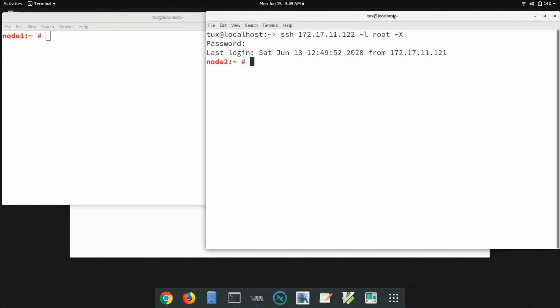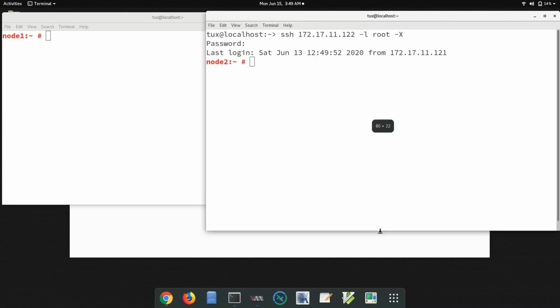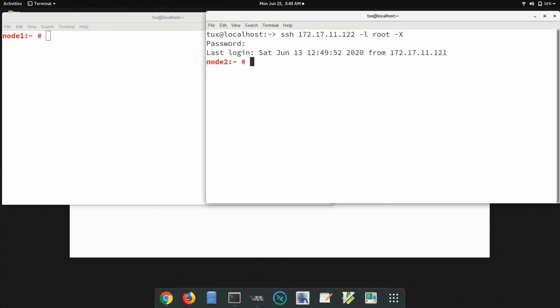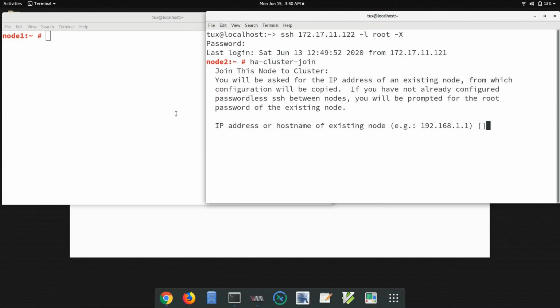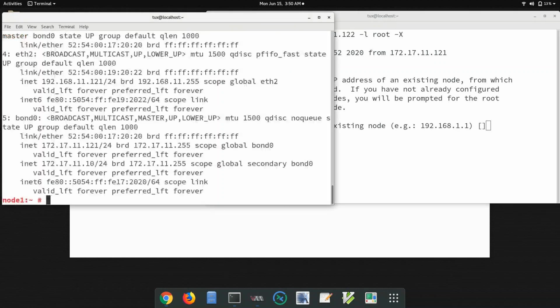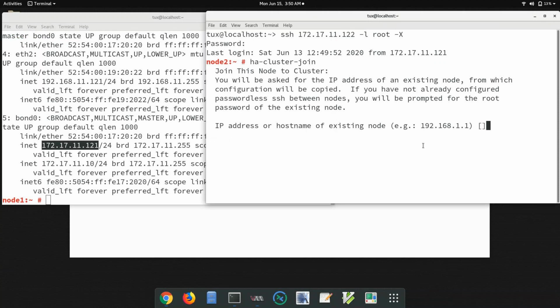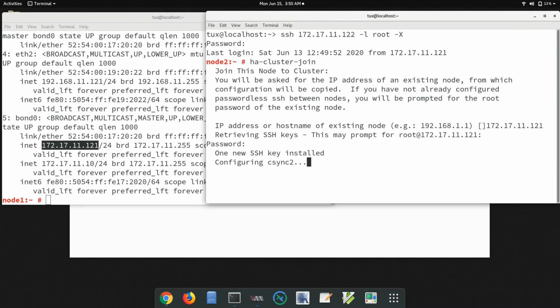We are supposed to run join, enter, and the IP address of your first node. If you come down here you can see the IP address 172.168.121. So enter, and the password, in my case, is Linux.